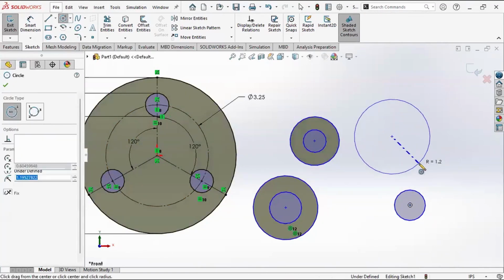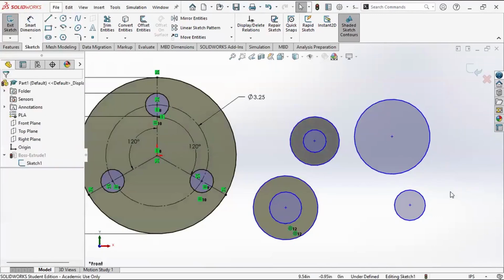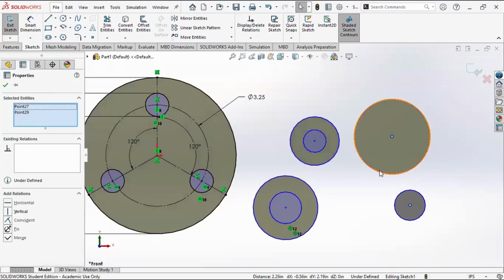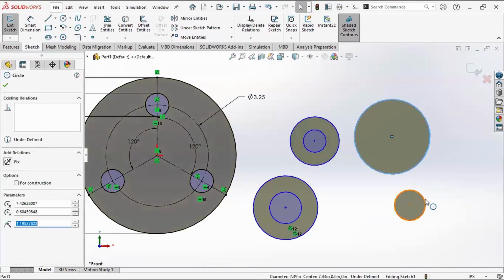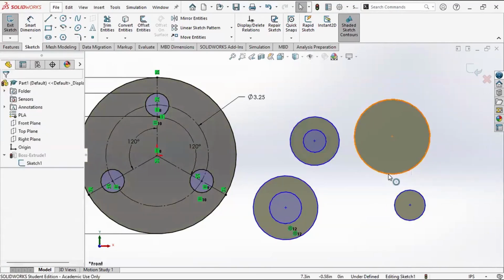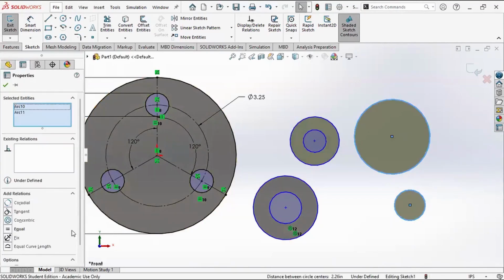I'm going to draw 2 different circles. They are pretty far apart, right? The center points are not the same. They are way different in size. If I select them both using control click, I also have this co-radial option. Co-radial is going to do 2 things. Co-radial is going to force the center points to be the same, like a coincident or like a concentric, but it is also going to force the diameters to be the same. That's what co-radial means. They will have the same radius and they will have the same center point. So if I click co-radial,